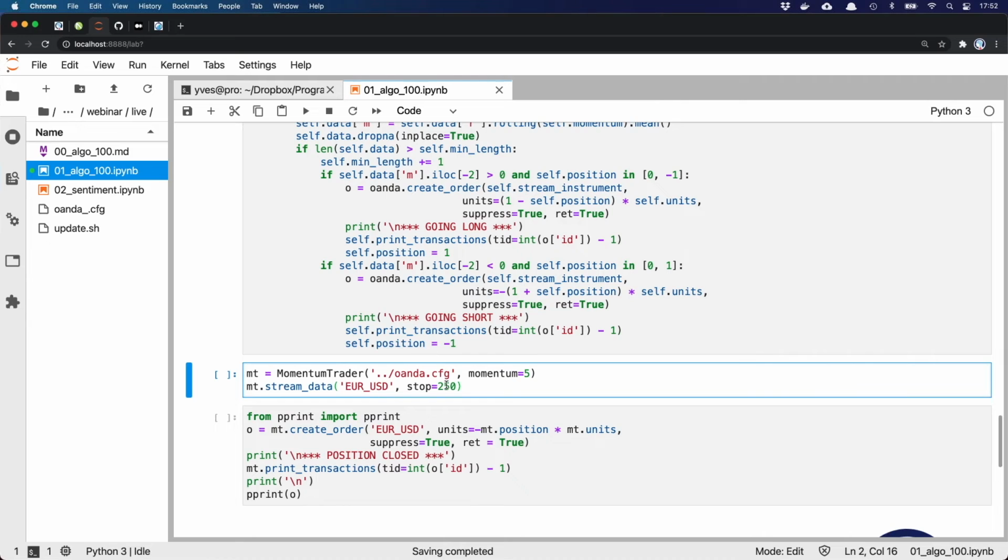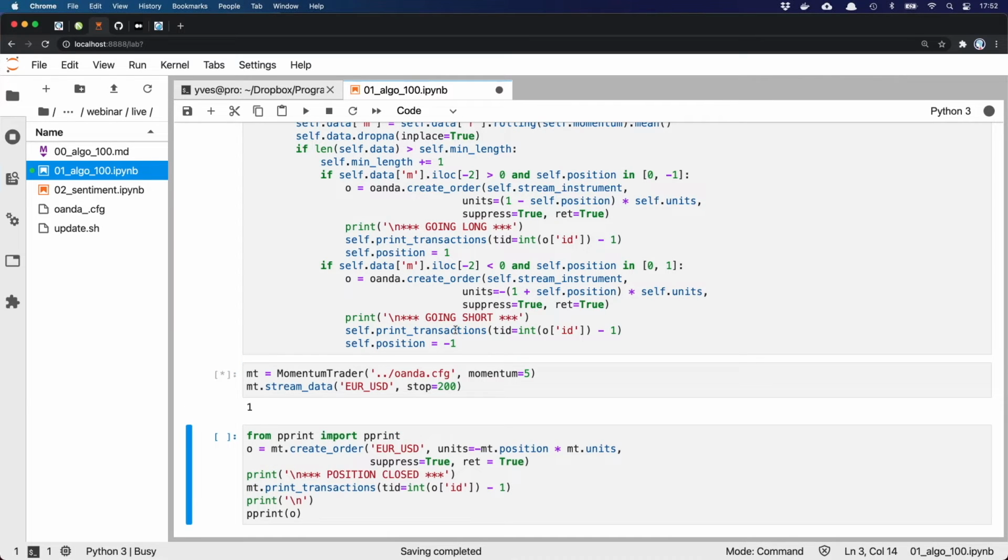And for demonstration purposes here, I have this little stop factor, and when I execute the code, it now gets started collecting the ticks. Just this counter here showing, so that we see that it's indeed working. And once we see here the first message going long or going short, I don't know what it will do.